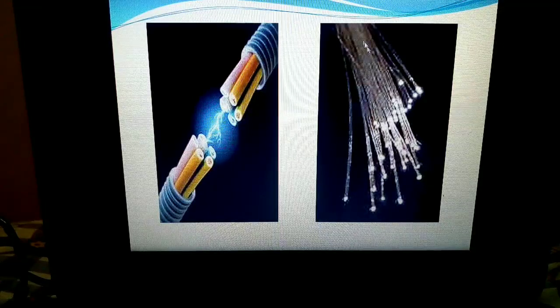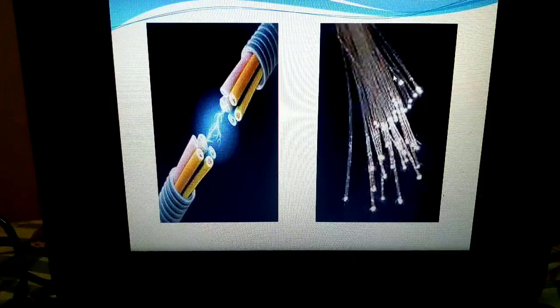You can see here, this is the outer jacket which is made up of plastic, and within this we have again the other cables. Within these cables, these thin strands would be there, which are made up of glass. Here the data will be carried in the form of light from the source to the destination at the other end. At the source there will be a transmitter which will send the data. At the destination there would be a detector. It will detect your data and then it will be handed over to the destination.